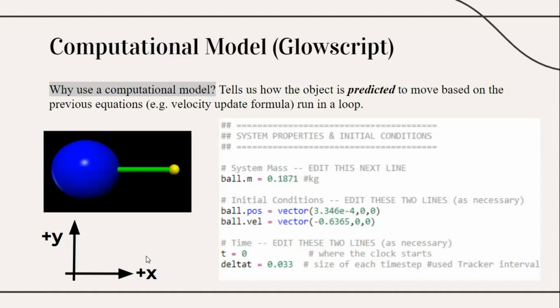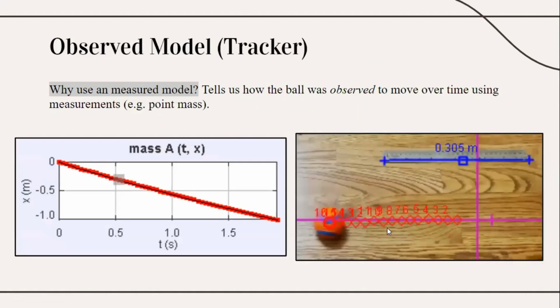Since my ball was moving from the right to the left, it was moving in the negative x direction. Observed model: this is my ball that I rolled across the floor. I used a ruler as my calibration stick, and I collected the data, giving us the graph on the left. This is our observed